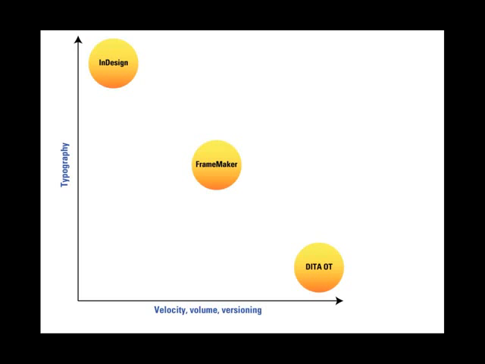And we've got FrameMaker kind of sitting in the middle of those two. Pretty good typography, pretty good on the volume, velocity, and versioning. Now, there are things that you can do to move these in various kinds of directions. So, for example, if you wanted InDesign, but you want greater velocity, you could use InDesign Server, which will push that InDesign bubble to the right towards higher velocity. With FrameMaker, the DITA FMX tool is going to help you a little bit with some of the automation and less tweaking, making it behave better. DITA Open Toolkit, if you want better typography, you can look at